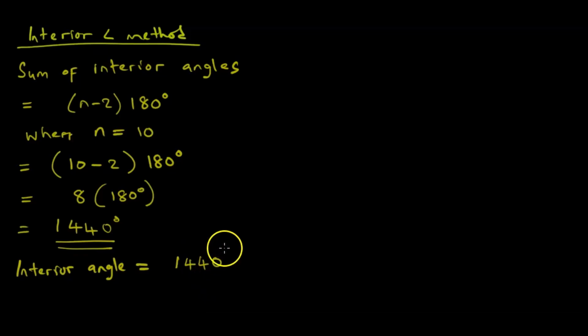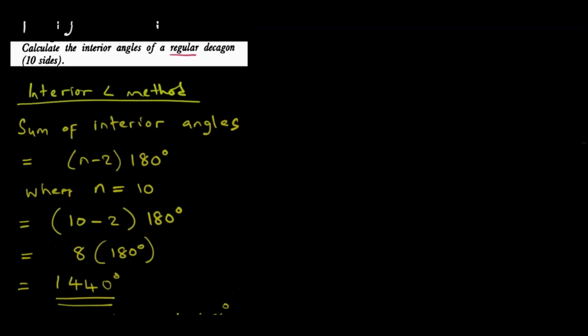So the interior angle here is going to be 1440, which is the sum of all the angles inside this decagon. If we divide by 10, which is the number of the sides, we see that each angle is going to be equal to 144 degrees, and this is our final answer. So I hope you got it, especially the last part of finding what one angle is, using the information that we were told our shape is regular.